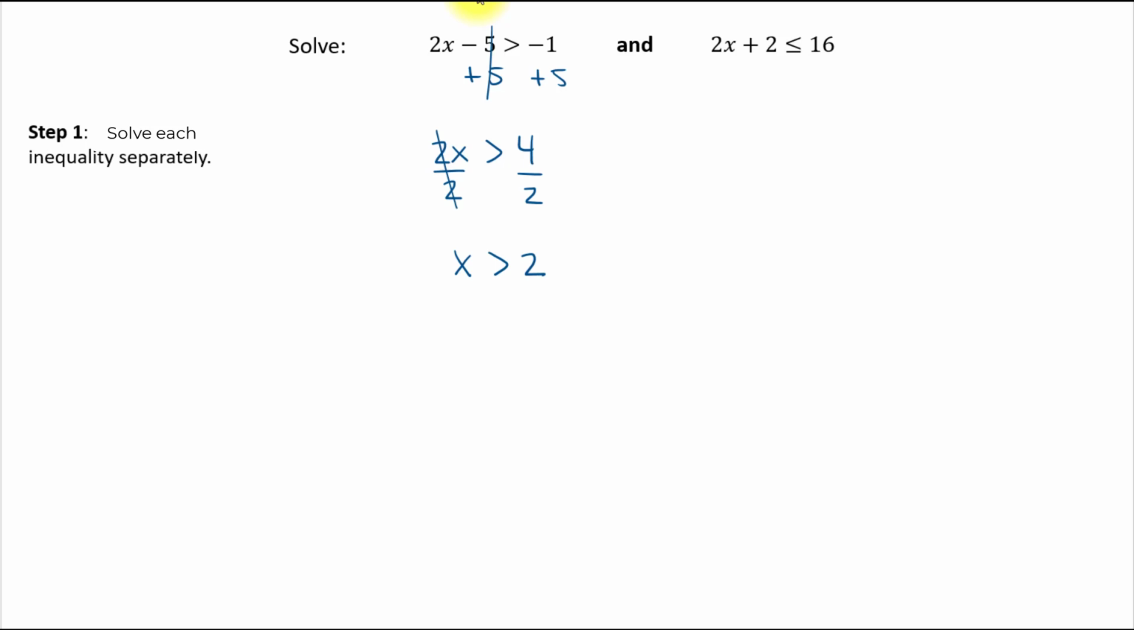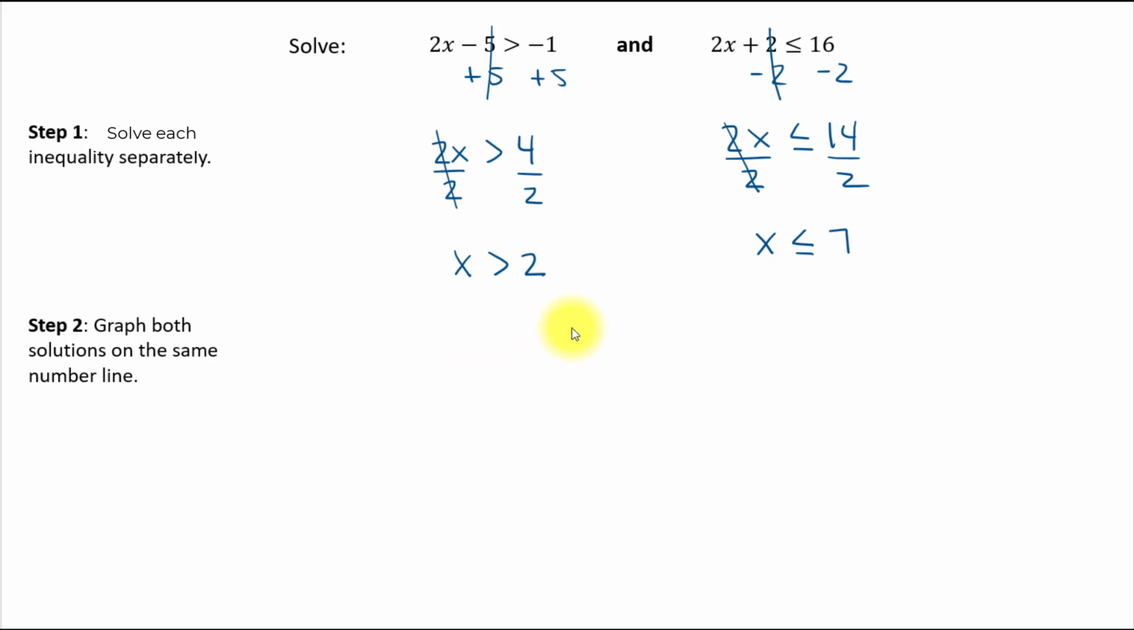Now I'm going to solve the second one. Here I'll have to subtract 2 on the left and on the right. This will give me 2x is less than or equal to 14. And then I'll divide by 2 on the left and on the right. So x is less than or equal to 7. That's step 1. After you solved each inequality separately, then you want to graph both solutions, but on the same